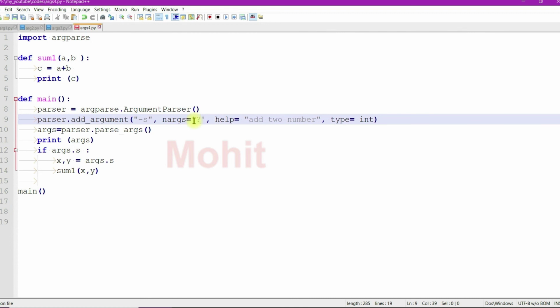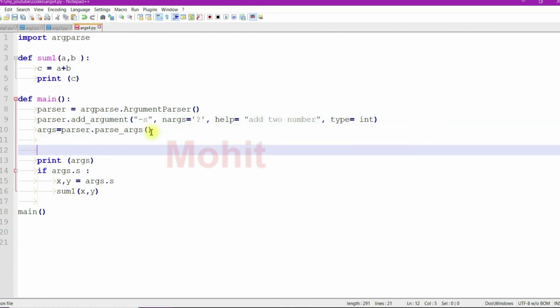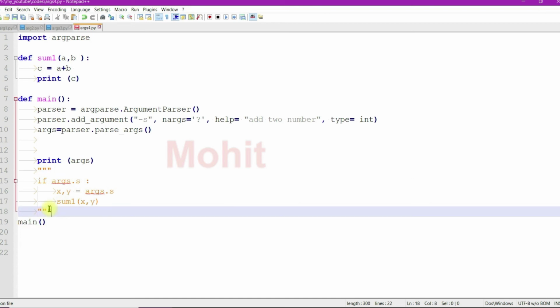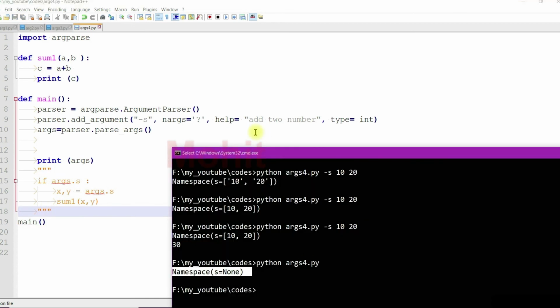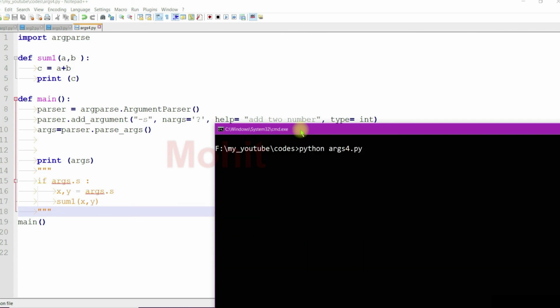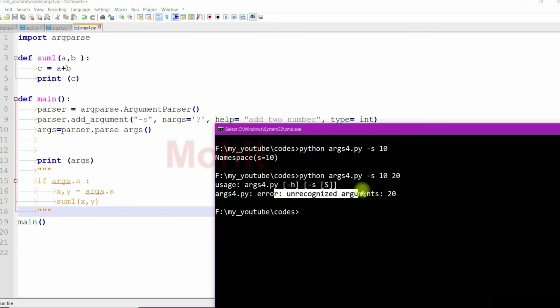Now let us test the question mark symbol. It means one command line value with option -s will be consumed if given. Otherwise, no issue. More than one can cause the error.